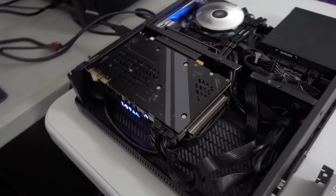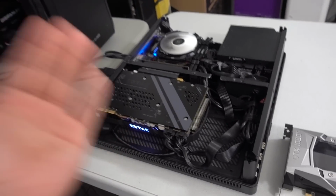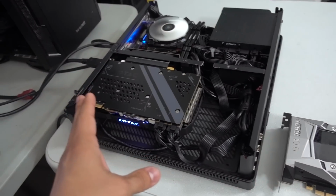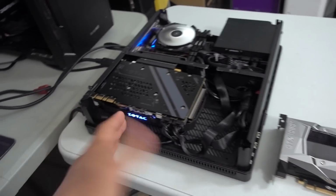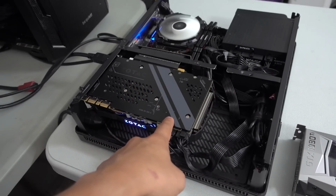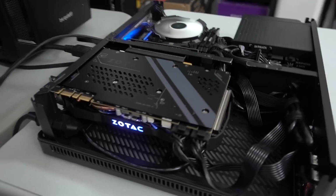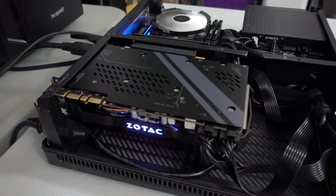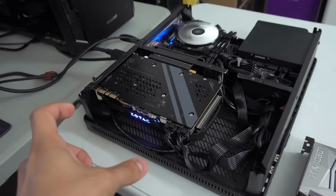Not to say that this is a bad card by any means, but really most people who are buying an add-in board card with a non-blower style cooler on it is probably going to expect better temperatures than what you're getting with the Mini here. So that's something to be aware of. If you were hoping for really cool temperatures in a Mini form factor, that is not going to be the case. Now, because the GPU is getting so warm, the fans have to spin up a little bit faster,